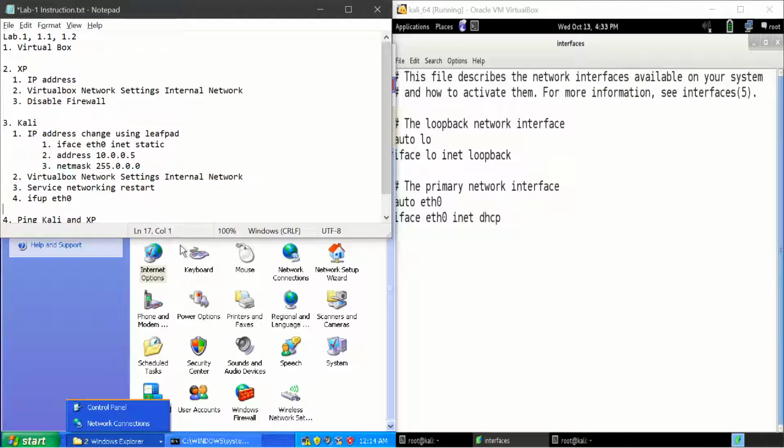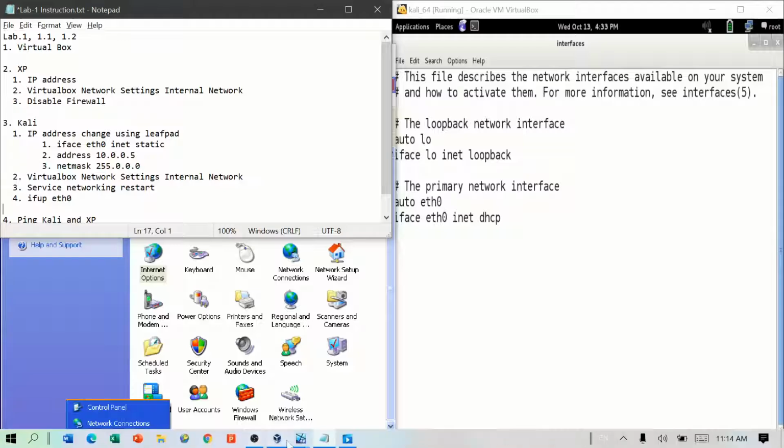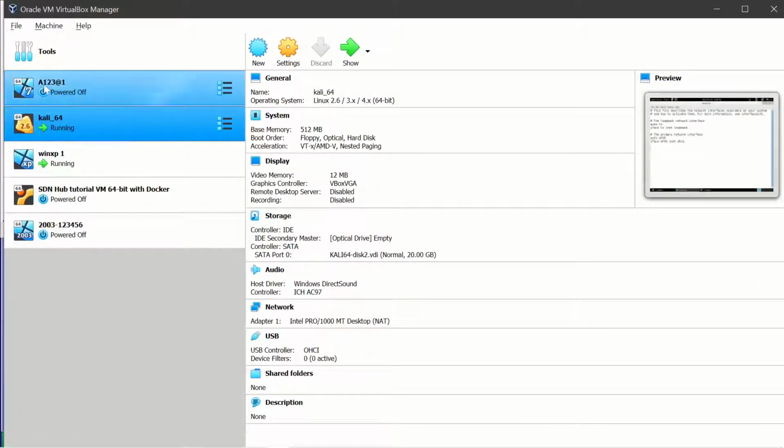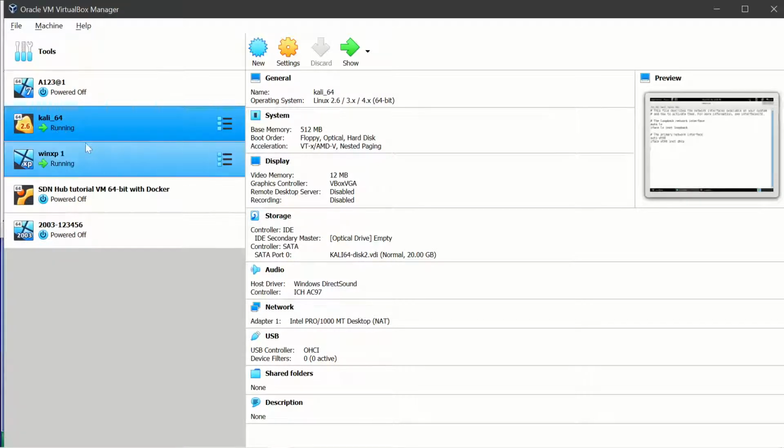Once you install VirtualBox, you can install the OVA. I uploaded the OVA file in the shared folder. You can just download it and double click, it opens and runs Kali and XP.